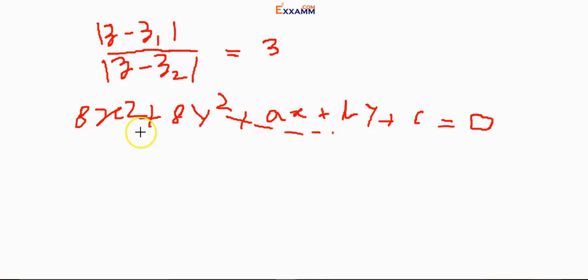We are getting that the coefficients of x square and y square are same, and there is no term having xy, and it is a second degree equation. So this would represent the equation of a circle in all cases, whatever be the value here, except when this value is equal to 1. When it is equal to 1, the x square and y square terms will cancel out,